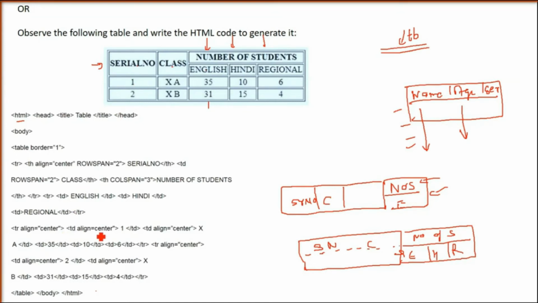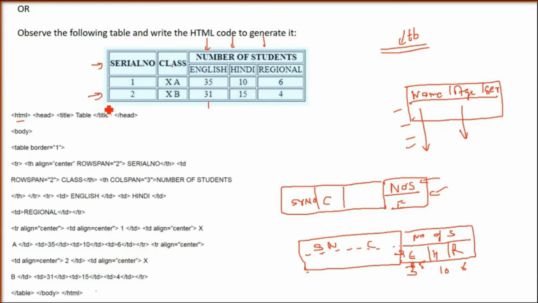Now it is centrally aligned. We have said TR align center, and 1 is simply TD align center, and TD ended. After that, 10A is also TD align, meaning table data alignment will be center. And again TD, and TD is 35. By default it will come below English. When we come to the third row, this 35 will come, then we have this 10, and in the same way 6 will come. Same thing you have to write for 35, 10, 6.